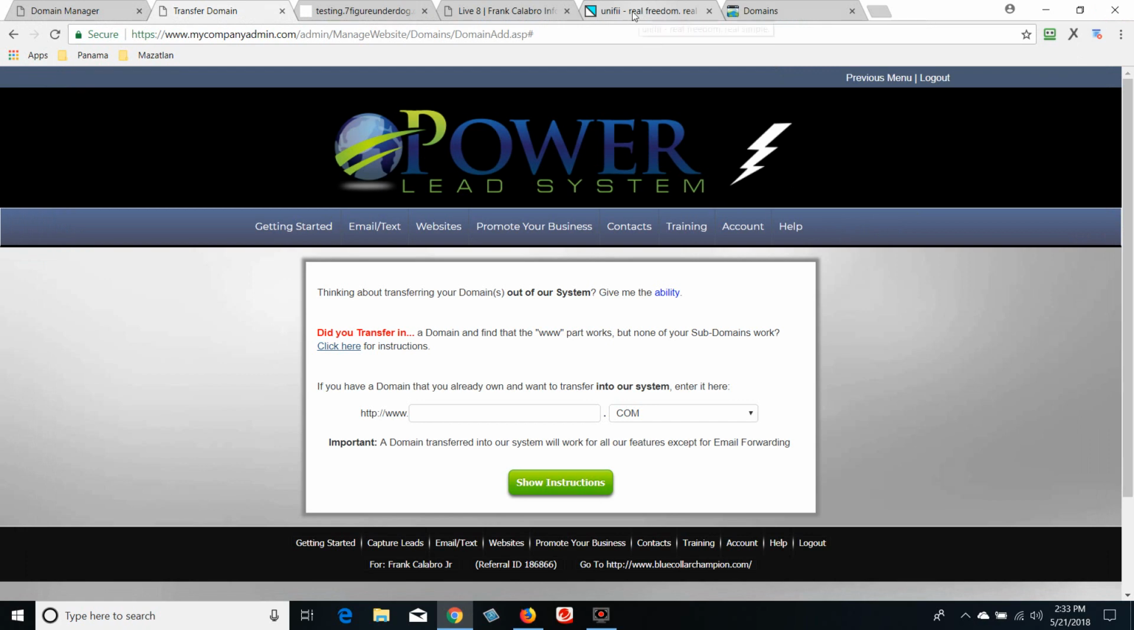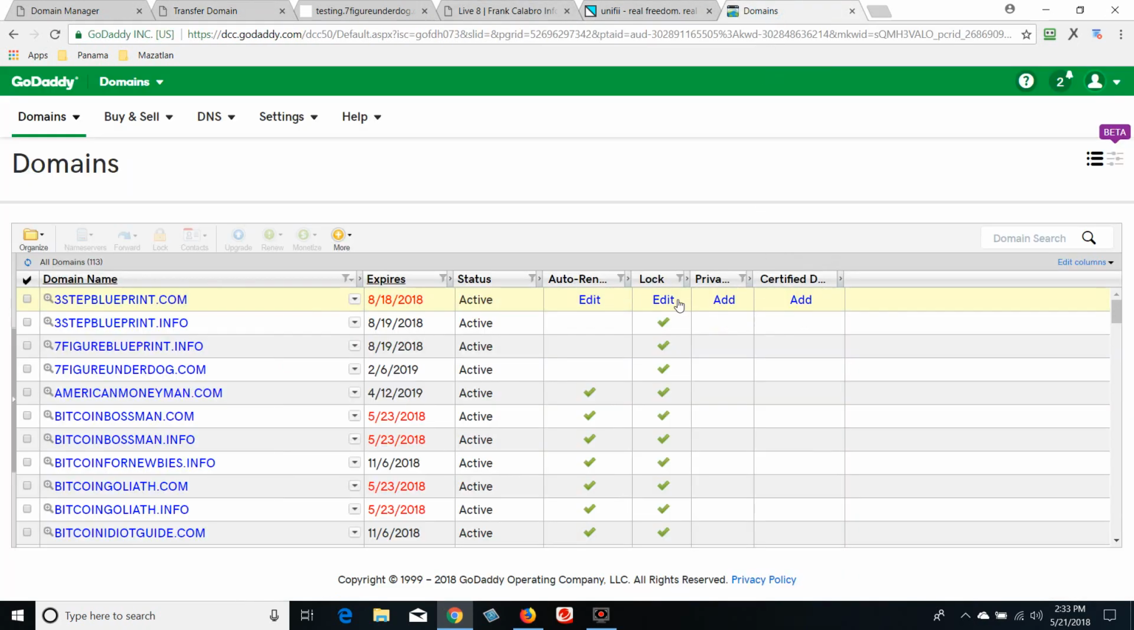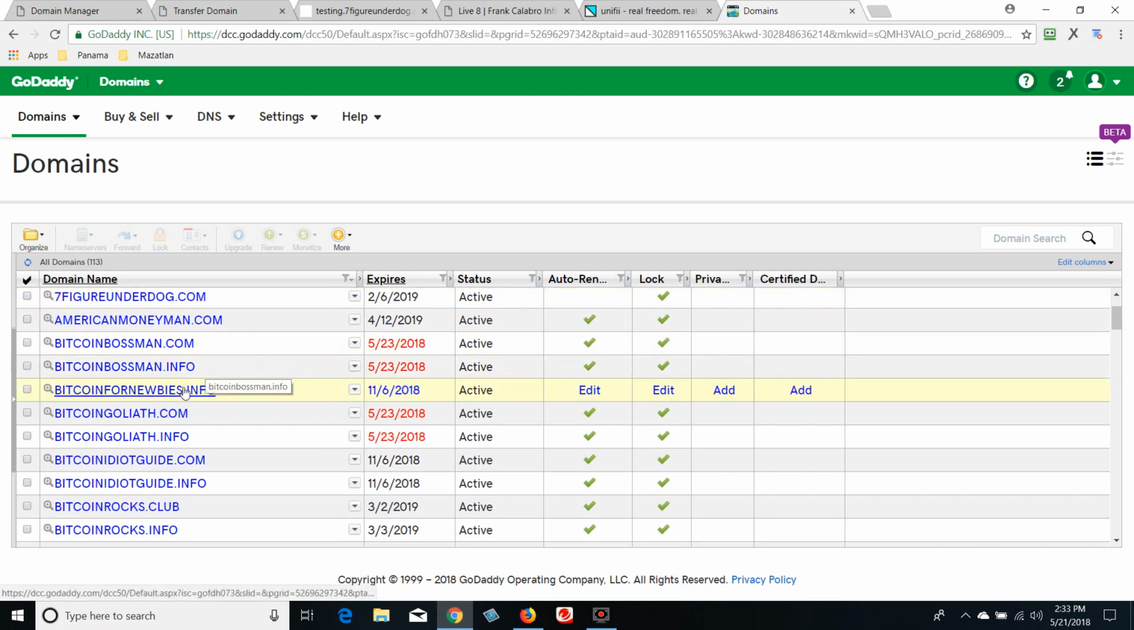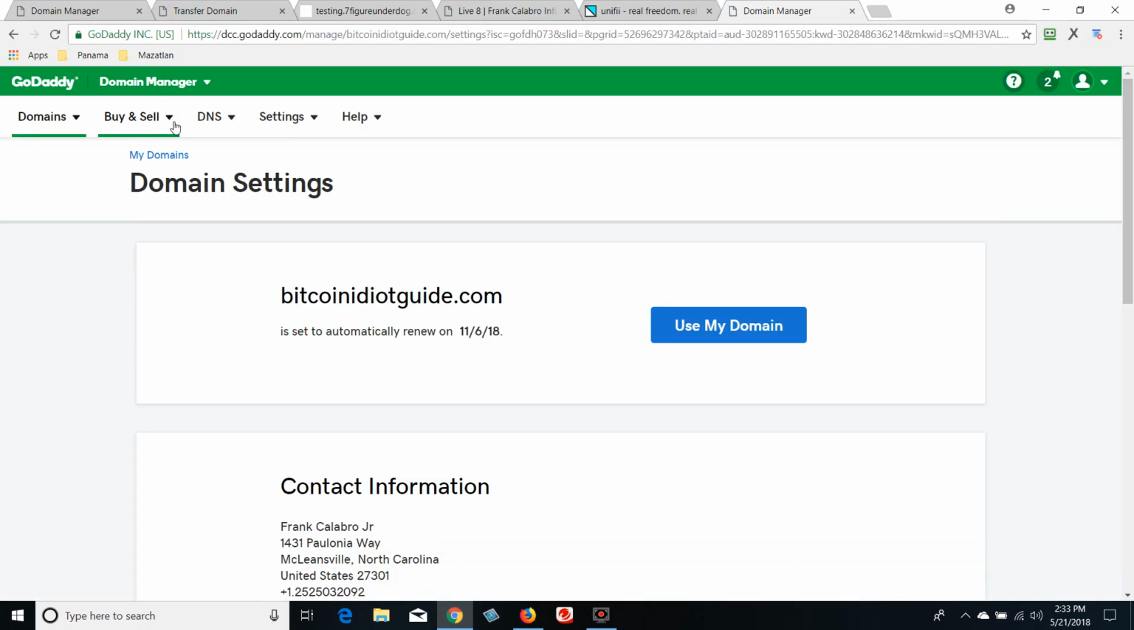The only confusing part, maybe, is GoDaddy moves crap around constantly. But first of all, you got to find the name that you want to move, okay? Let me find one. Maybe I can move right now. Bitcoin Idiot Guide. Here we go. I'm just going to click on that one. And I'm going to click on